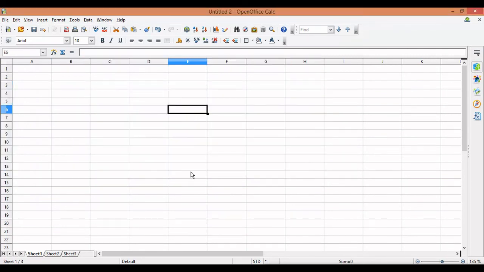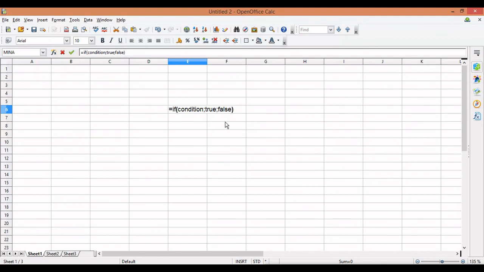Okay, now first of all, let me tell you the syntax of if. We use if, and in this round bracket, we give a condition. This is the test condition, then a semicolon, that means another argument. Now what is that other argument? Whatever you want to show if the condition is true, you can write in this true part, and if the condition is false, then this will be executed.